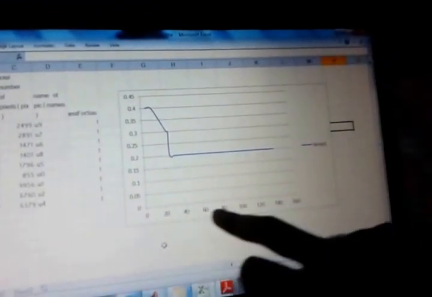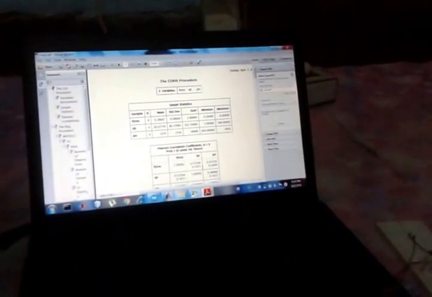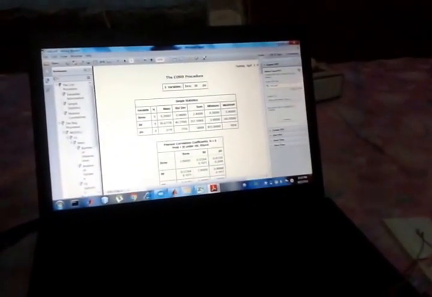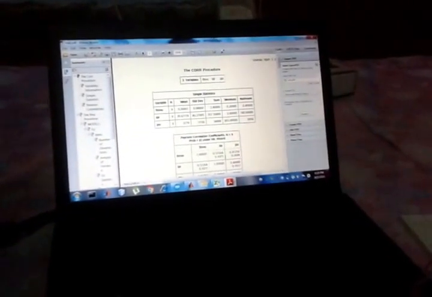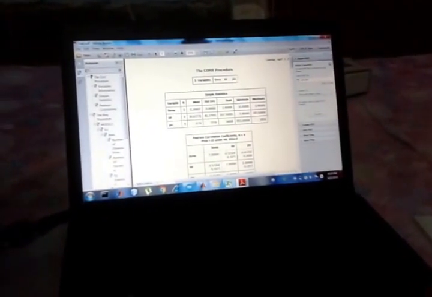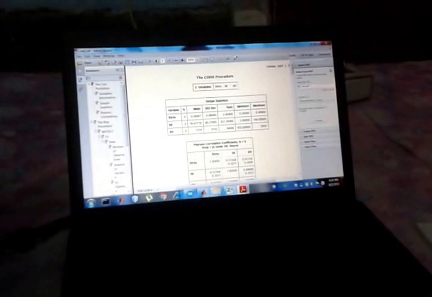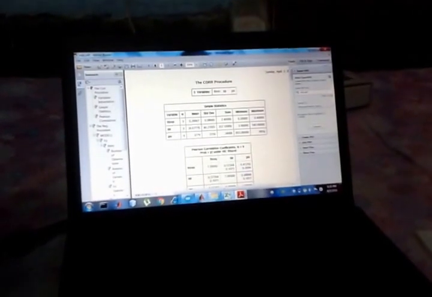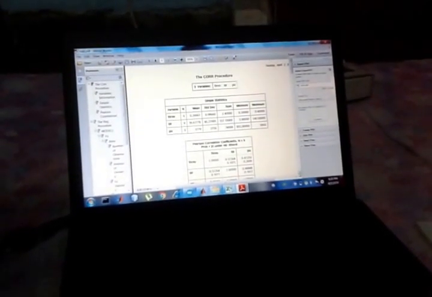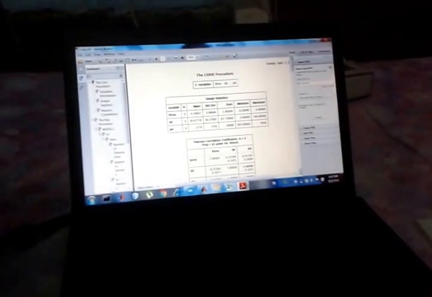Please show us the Excel sheet once. We can see that from this range it is inversely proportional, that is from 0 to 20. After that it has a constant value. We have also prepared a light intensity meter that we are not showing here, which will indicate the particular values on which this experiment can run very perfectly without error.